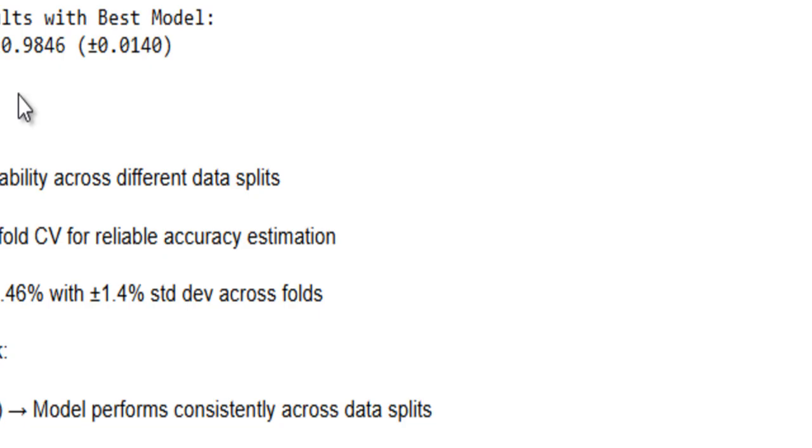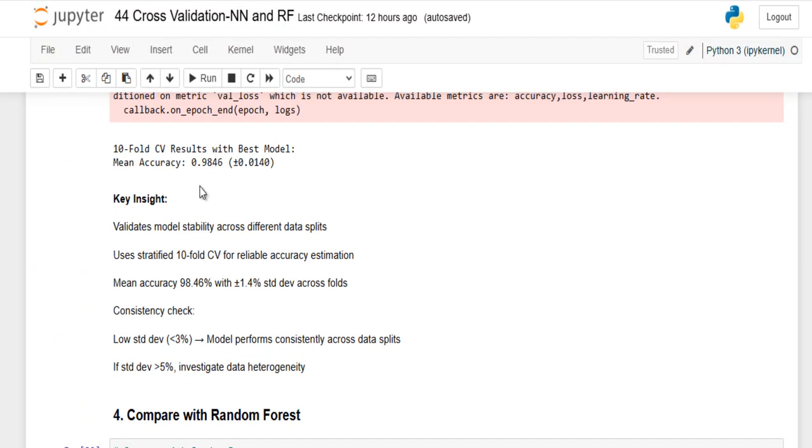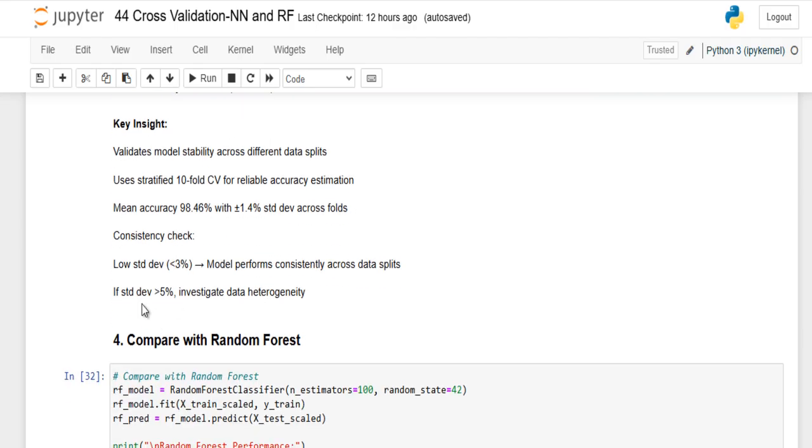Now we use a stratified 10-fold cross validation for reliable accuracy estimation, and we use the mean. We achieve 98.46 accuracy, with a deviation of 1.4% across folds. So, inconsistency check: low deviation, less than 3%, which is good enough. Model performance is good across all data splits, right? Of course, if that deviation is greater than 5, you have to investigate later